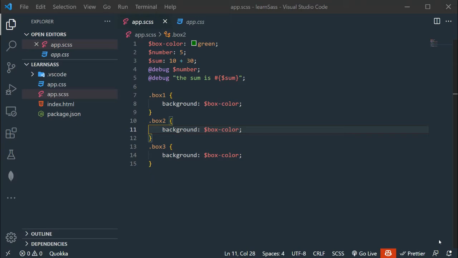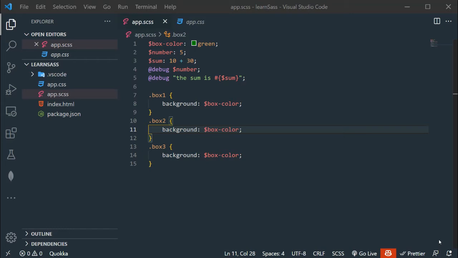In this video we are going to talk about SASS modules. Modules basically means we can divide our SASS code into different modules.